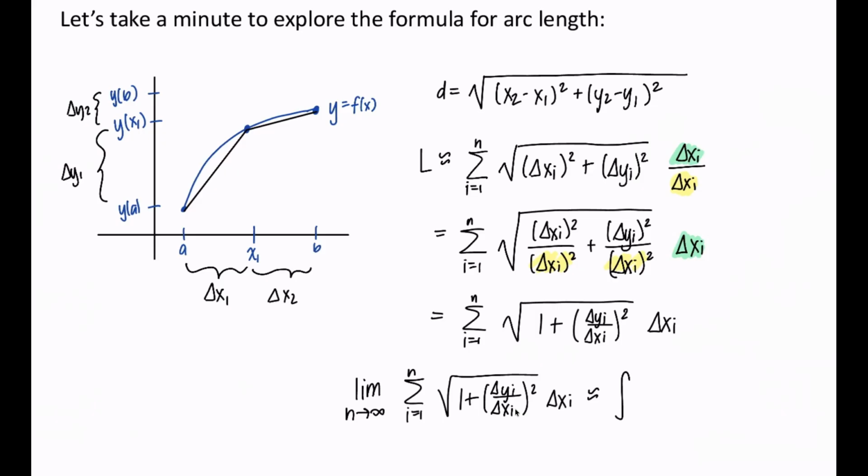The integral from a to b of the square root of 1 plus, and instead of delta y sub i over delta x sub i, this is going to become dy/dx, the derivative squared,